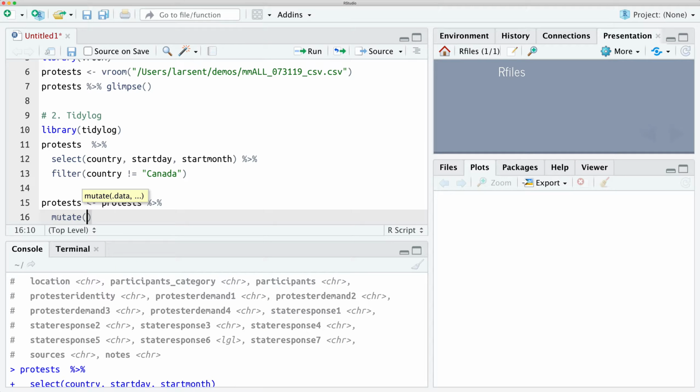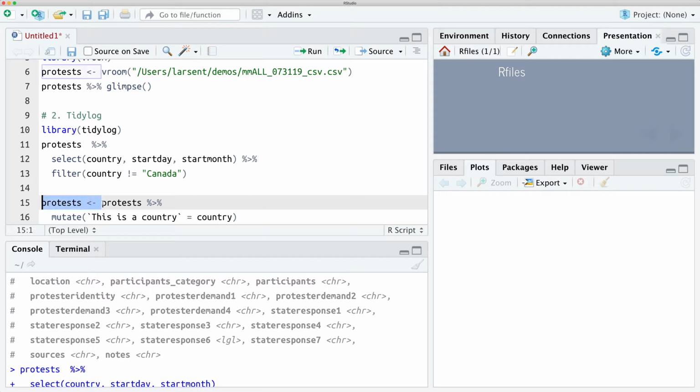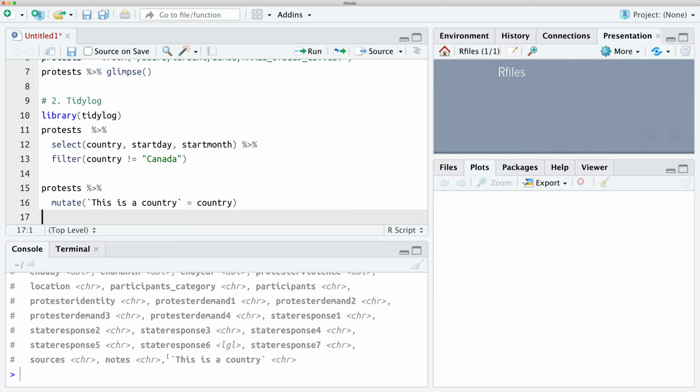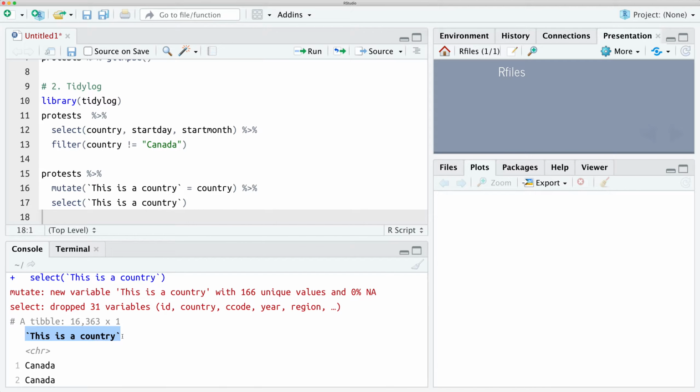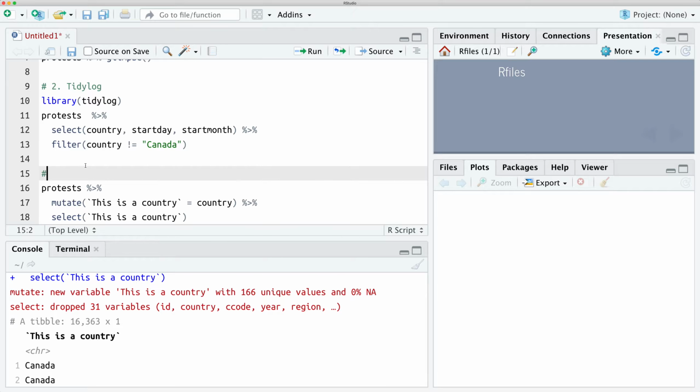So we'll call it "this is a country", and we'll assign it this value. If we run that, we now have another column called "this is a country", and we can select that column. Now you'll notice this is quite messy and difficult to work with. It's a bit tricky to keep typing this in. Well, the janitor package